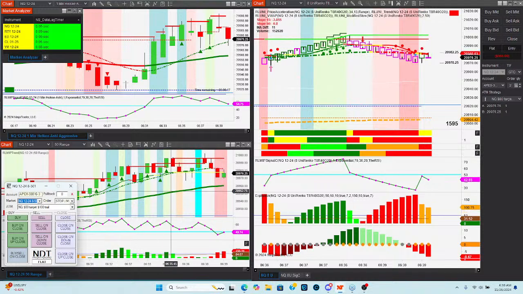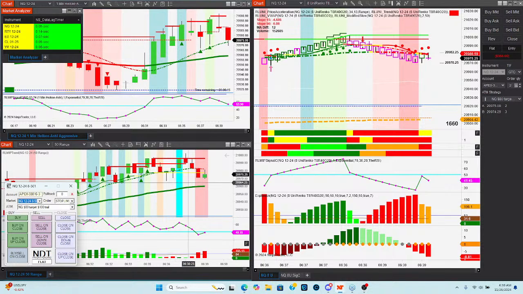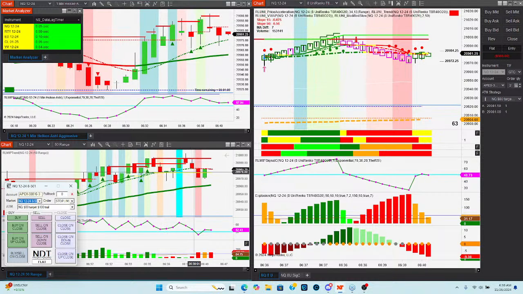A couple of rules. One, if you're using the 50 to help steer the ship here, you've got to be careful about trading on a flat 50. In fact, what I like to do, it seems like I'm all over the place here this morning, but the market's moving. So